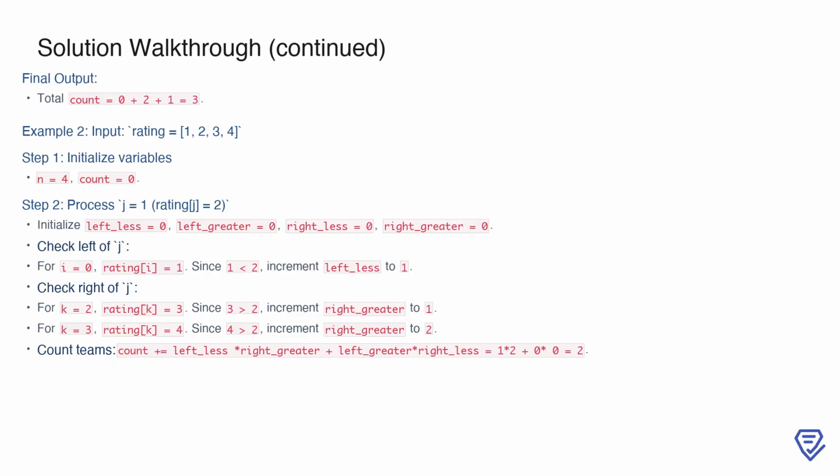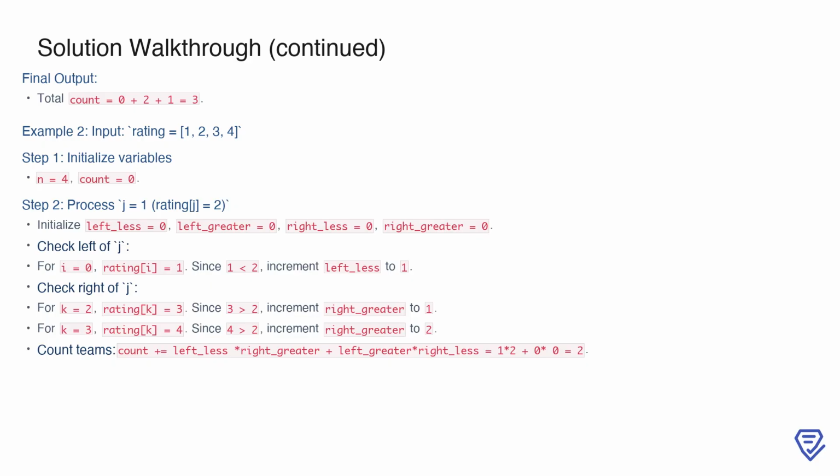Let's move on to the second example, where the input is rating equals 1, 2, 3, 4. We start again by initializing n equals 4 and count equals 0. For j equals 1, where the middle element is rating 1 equals 2, we reset the counters. To the left, there's only one element, rating 0 equals 1, which is less than 2, so left_less becomes 1. Looking to the right, we have rating 2 equals 3, which is greater than 2, so right_greater